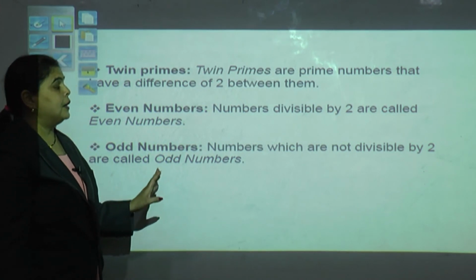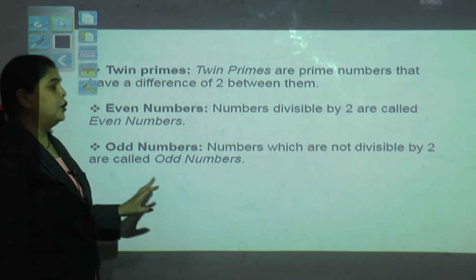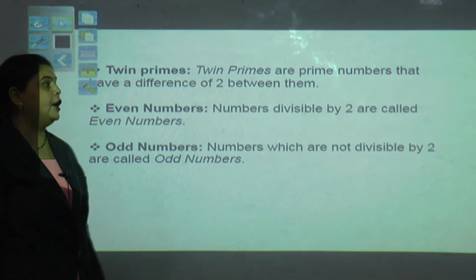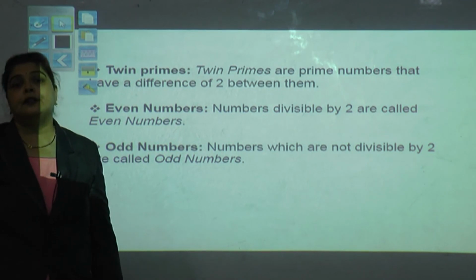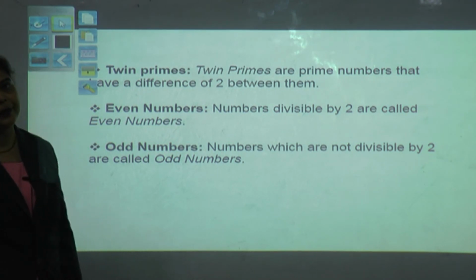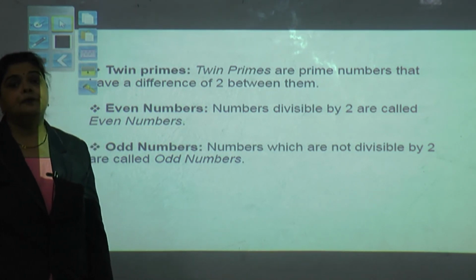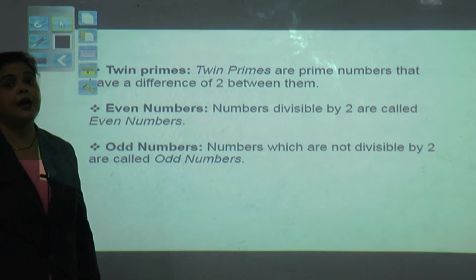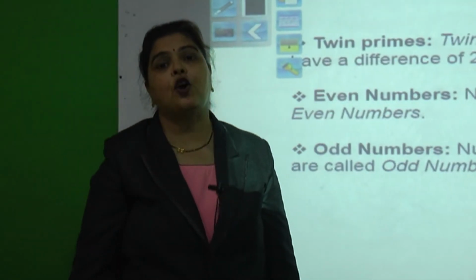What we learned in this lesson is that we started the lesson with even numbers and odd numbers. Then we recalled what you had learned in the previous class, and one by one we will recall now. Even number, odd number. Then we learned about the factors of a given number by the prime factorization method, finding all the factors, and we found the HCF, that is highest common factor, and the LCM, that is least common multiple.